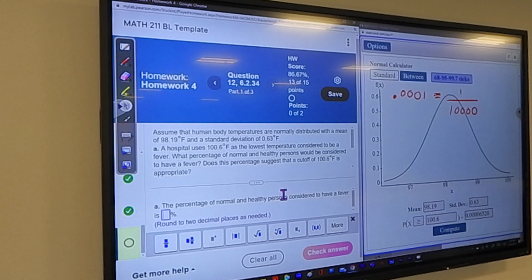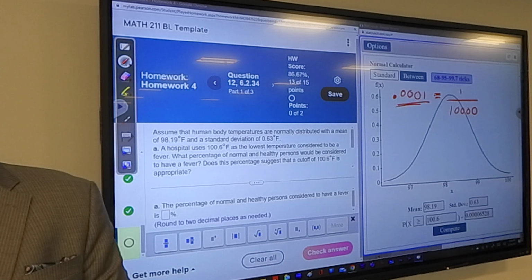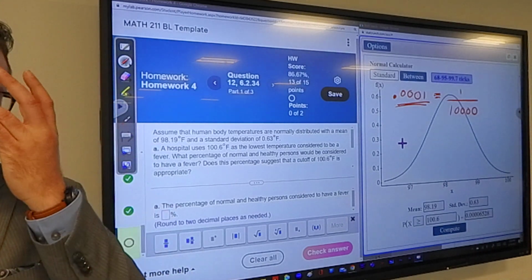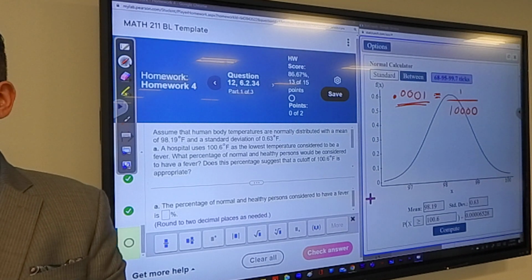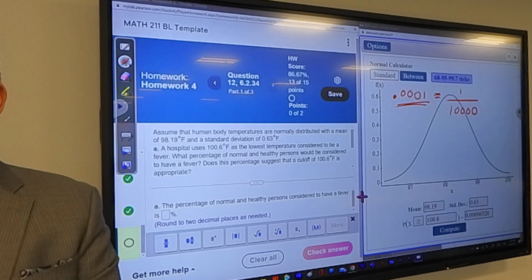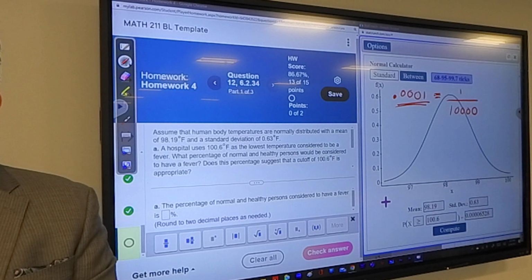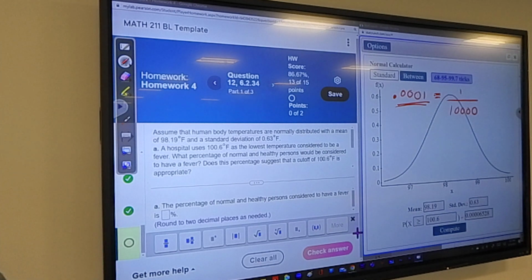And they want me to type in a percentage. What should I type in? 0.0001. So this is our number. 0.0001 is a number. We need to convert that to a percentage. But even if you convert 0.00006 to a percentage, it's going to be 0.006%. And it says 2 decimal places, and that's 3. Does that make sense? Okay. But I feel like putting 0% in there also isn't